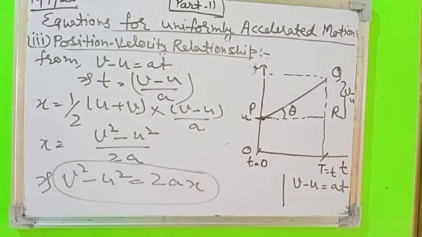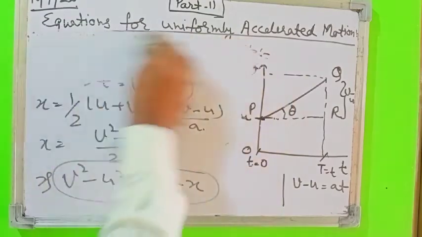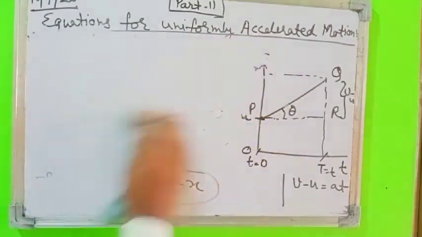This is the position velocity relationship. So these are the three relationships. From the graphical method we had calculated the three relationships. Now